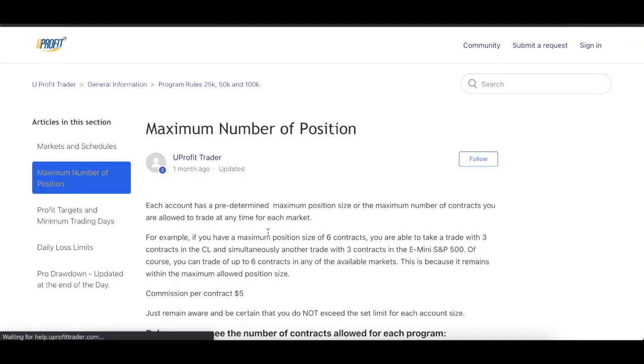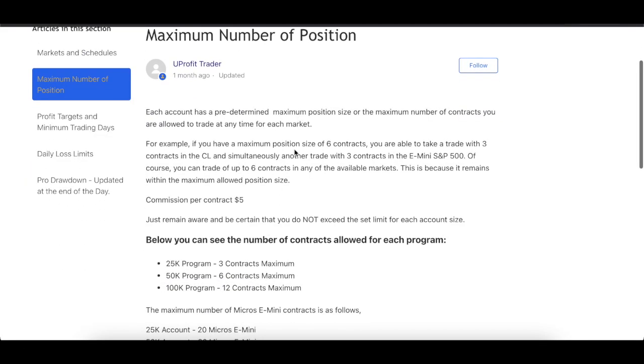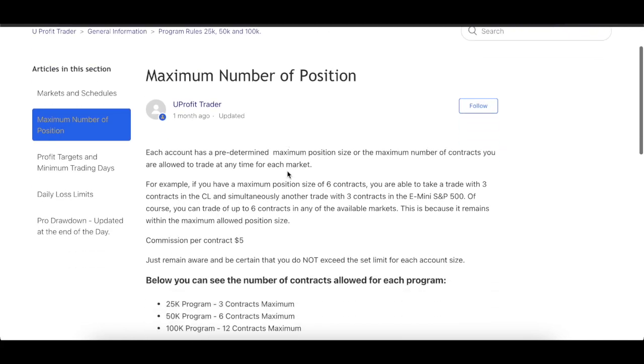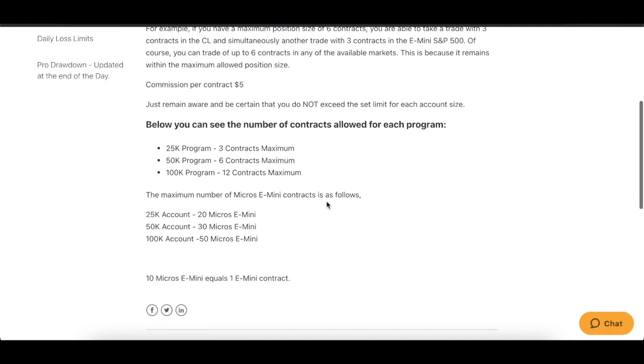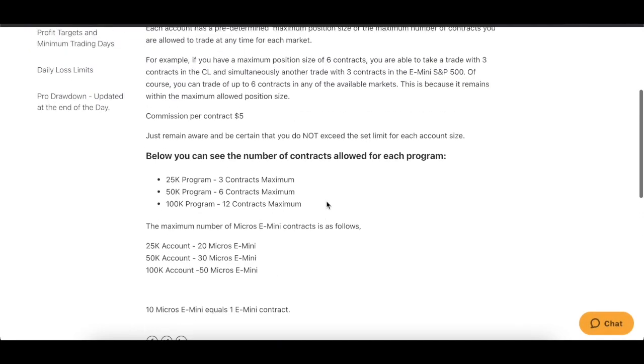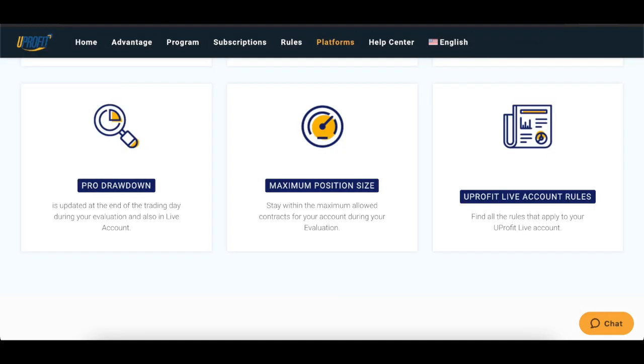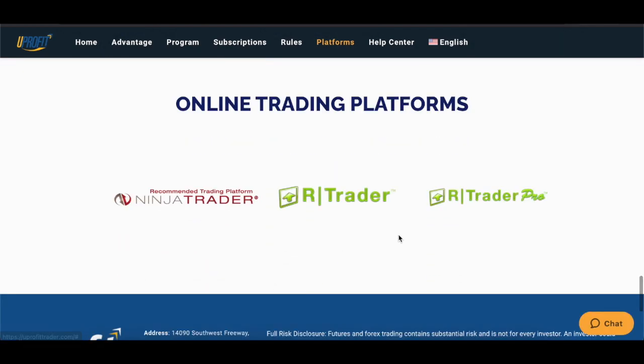I just opened it up here in a new tab. Each new account, let me think here. I want to see if this is below. You can see, no, it looks like you can go full contracts right from the start. So this is in the evaluation phase. Once you get into the funded phase, there is a scaling plan. So that is right in line with a OneUp Trader, for example. Trading platforms, again, fairly standard. You start with Rhythmic, and then you can tack on NinjaTrader as well.